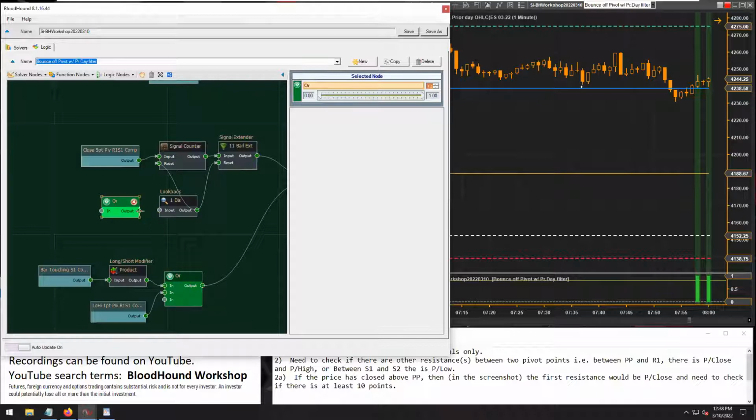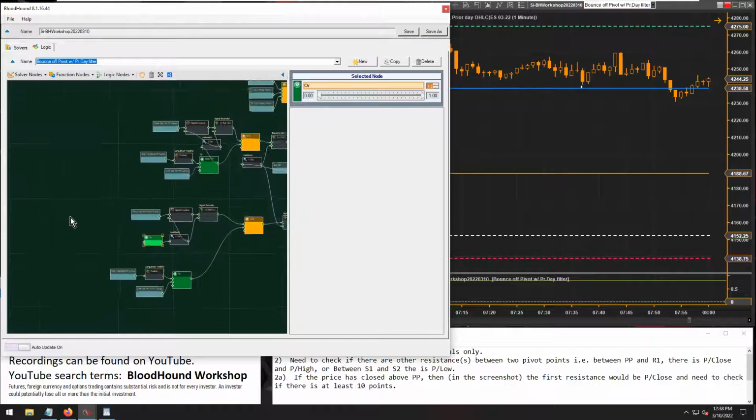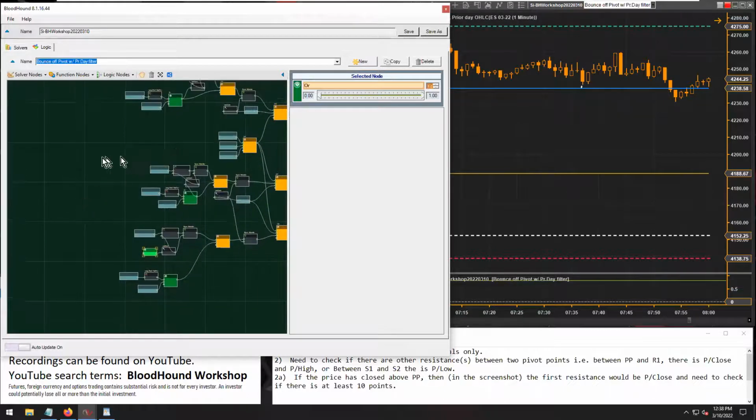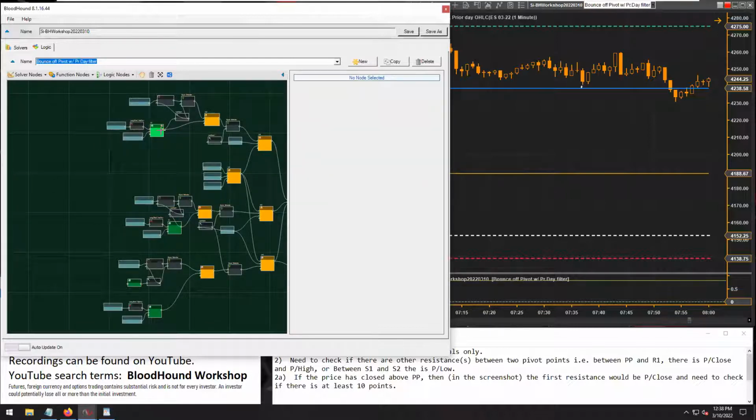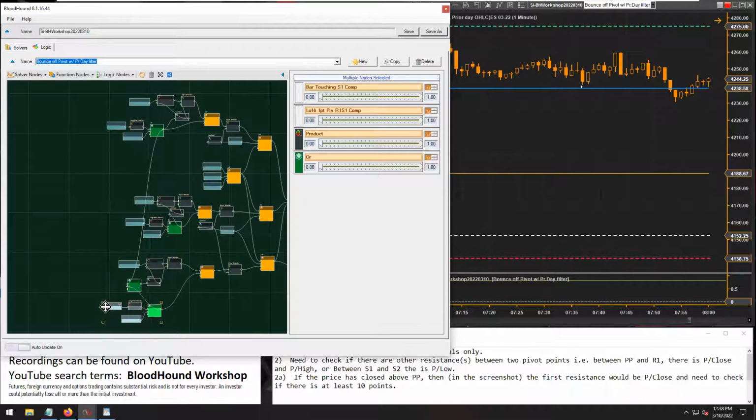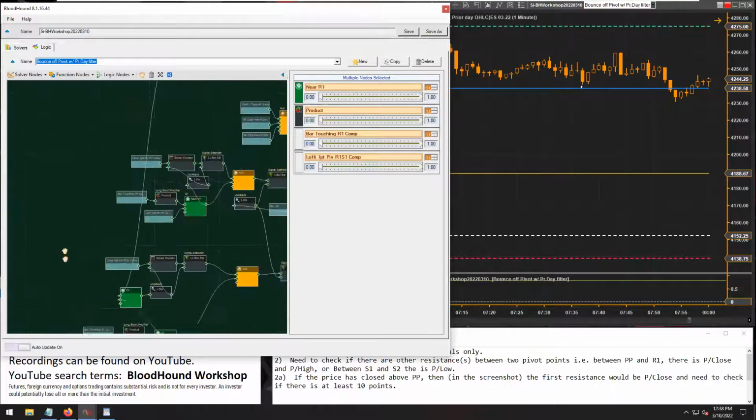So let's connect that in. I'm going to connect the OR node up here, or touch, into the OR node down here, and then connect this OR node into here as well. So we have our touches of S1 and the touch signals for R1 both going into